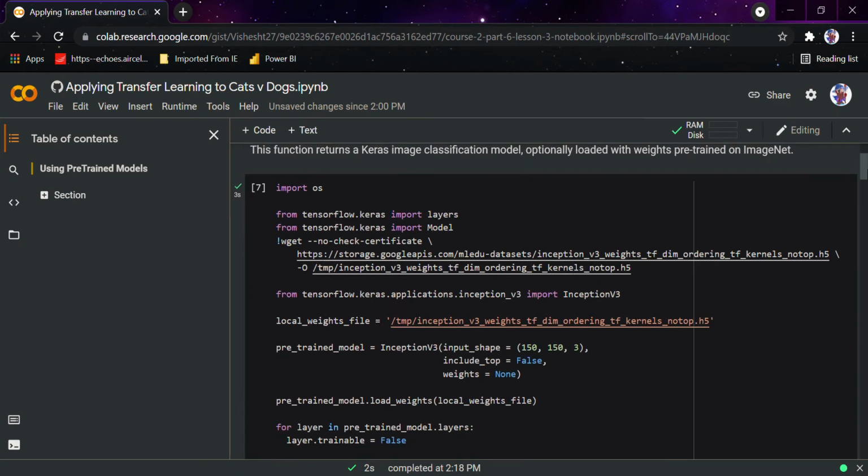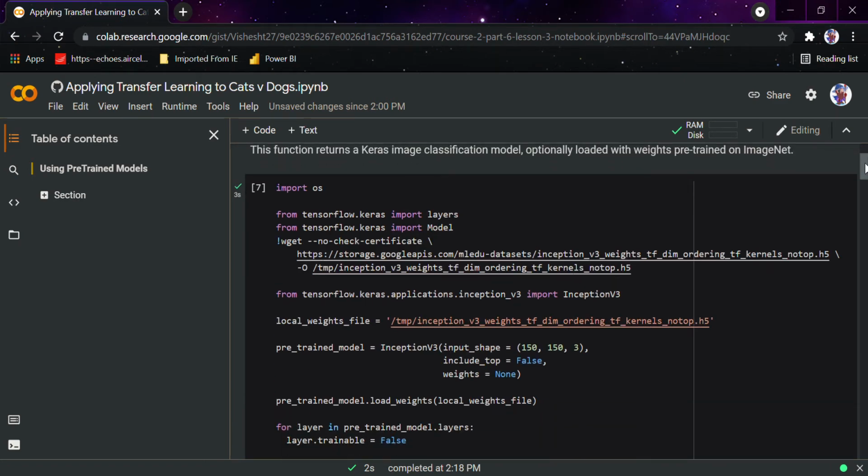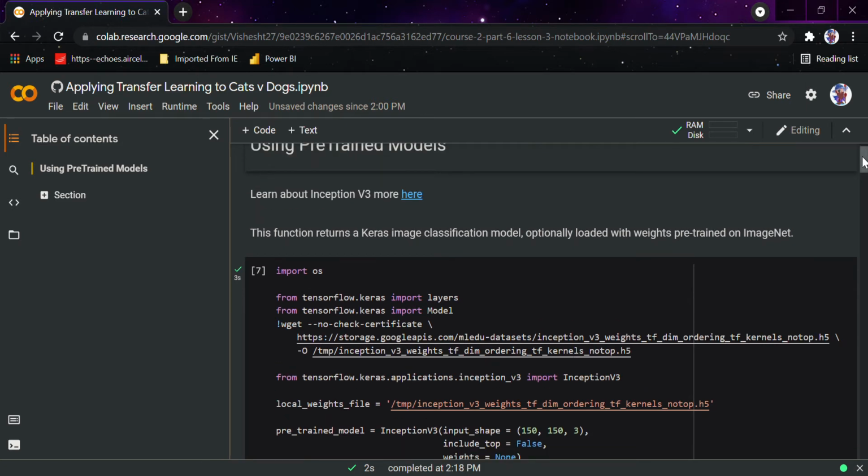So what is basically a pre-trained model? Till now we created models from scratch, but from here we will not be creating models from scratch. We will be importing models that are already pre-built in TensorFlow Hub. If you don't know much about TensorFlow Hub, I will be telling you in a further tutorial.